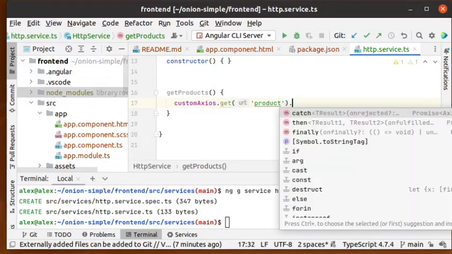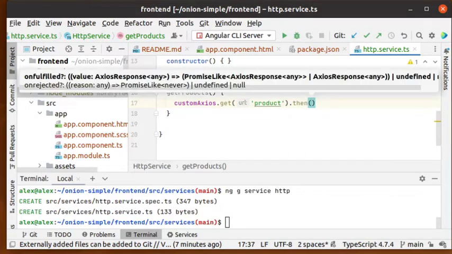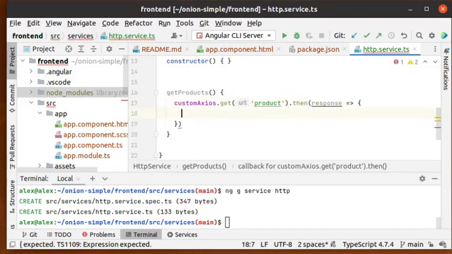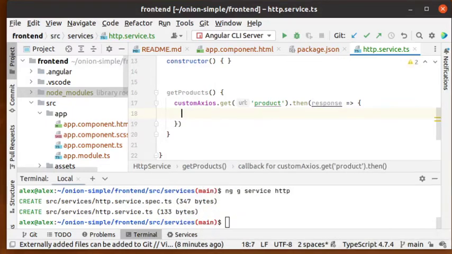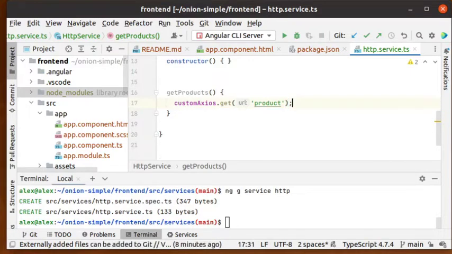Either we write this then method afterwards, then there's going to be a response, and then we can do something with that response. So we can, for example, write response, and then we make a little scope here, and then we can use this response to do something. But the way that I think is easiest to do this HTTP request is just writing